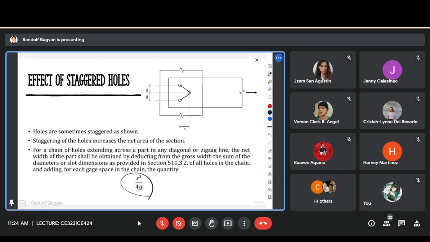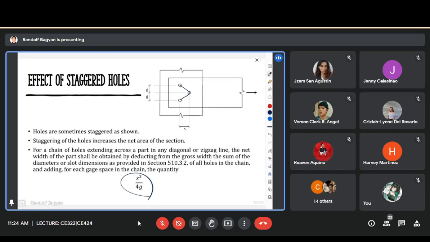So, kailangan daw natin idagdag ito sa ating area. Whatever the thickness is, no? Kung ito yung plate natin, di may thickness yan. Sa area, idadagdag natin. This is the added width ng ating net section. We multiply that by the thickness. Okay, for example, we are to compute the net area if the plate is 1/2 inch thick and the bolt diameter is 3/4